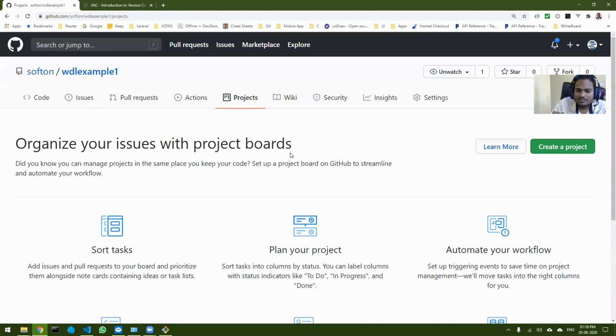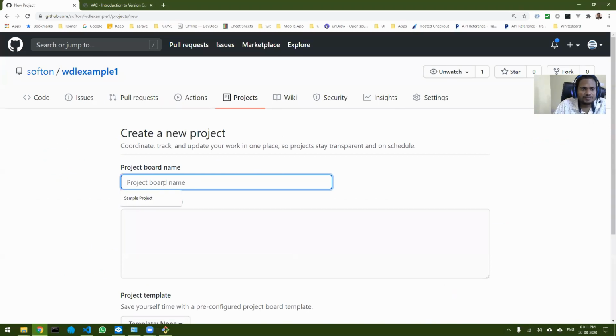Normally we take a pen and paper and write down, and as and when we do the things, we strike them out. But what if the same thing can be implemented inside GitHub itself directly? That is where projects comes into the picture. You can go to the projects tab, click on create project, and give a project name.